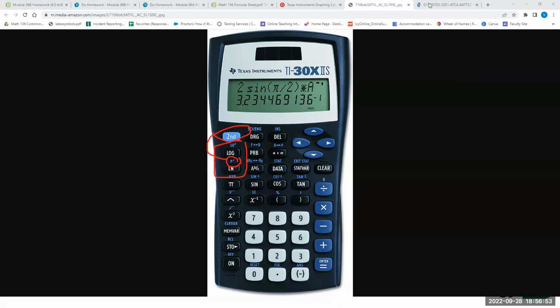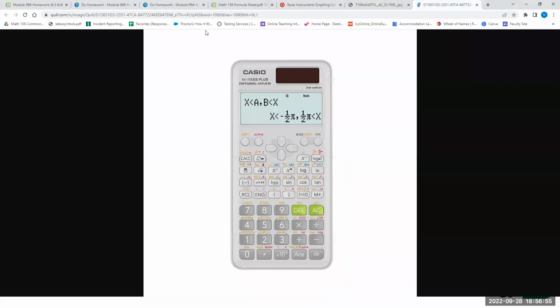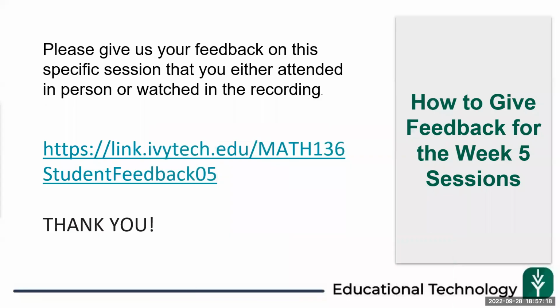And then if you're on the Casio scientific calculator, you have the log and the ln and the e to the x. And you even have an any base log, so you aren't stuck with just log and ln on that, and kind of on the right hand side instead of the left side. But yeah, so make sure you, whatever calculator you're using, if you're using the computer calculator,